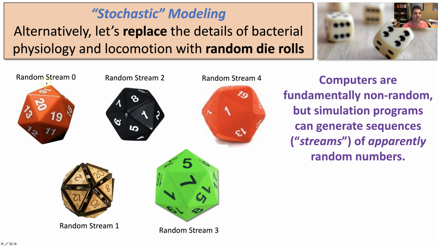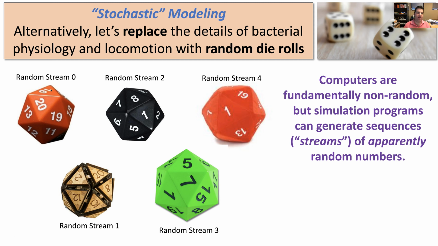In reality, they're actually mathematical functions that if you give them the previous outcome and you put that back into the function, it will give you a new outcome, and the whole string of outcomes you get ends up looking like a reasonable approximation for rolling a die or a similar sort of random event. But if you were to start that sequence over again right at the beginning, you would get the exact same string out again.